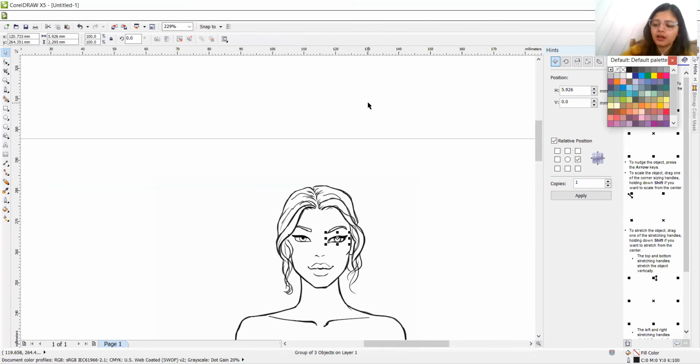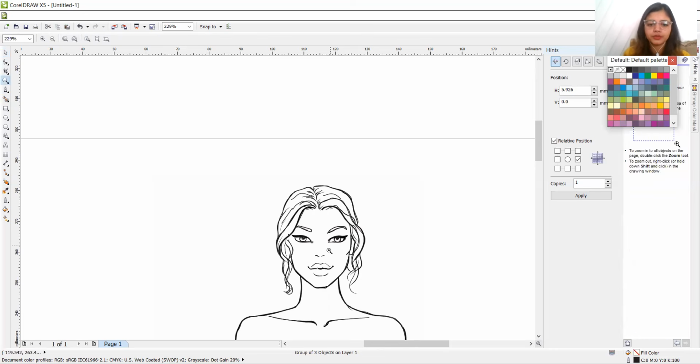Then select the plus button, and you can see here we have got a duplicate. So now we will flip it. You can see above in the options there is a flip option, the mirror horizontally option. So let's do this and the direction has been changed. Now let's place it on the other eye and done. So this is the easiest method to do this.